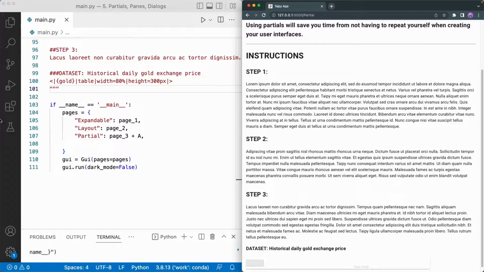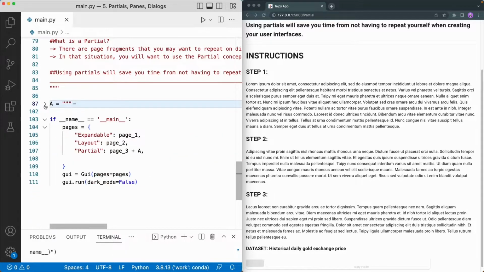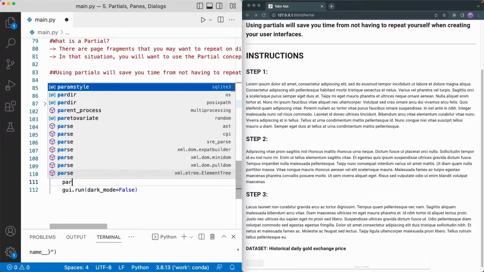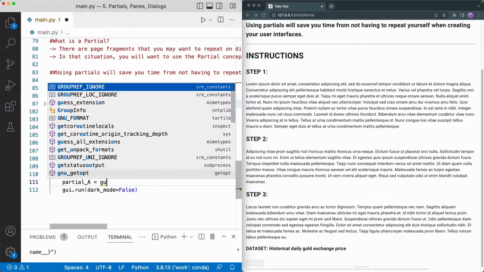Because of those properties, we will convert the string a into a TypePy partial, and instead of using string concatenation, we will allocate a slot in the GUI and assign the partial to it. Let's have a look at the string variable a here. As you can see, this is simply a string that follows that augmented Markdown format, just like a simple TypePy page. In order to convert this string variable to a partial object, for instance, partial a, we just need to call the addPartial method on the GUI instance of your application and have the string a as an argument.